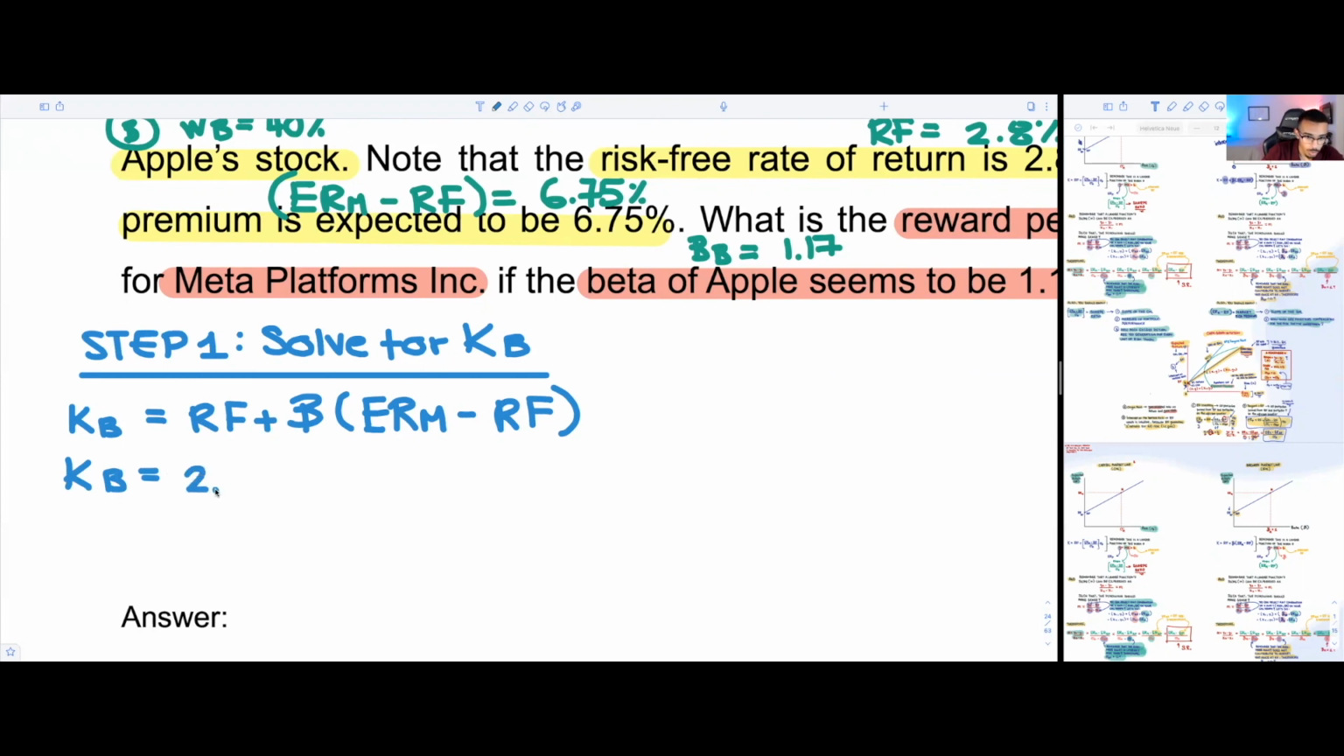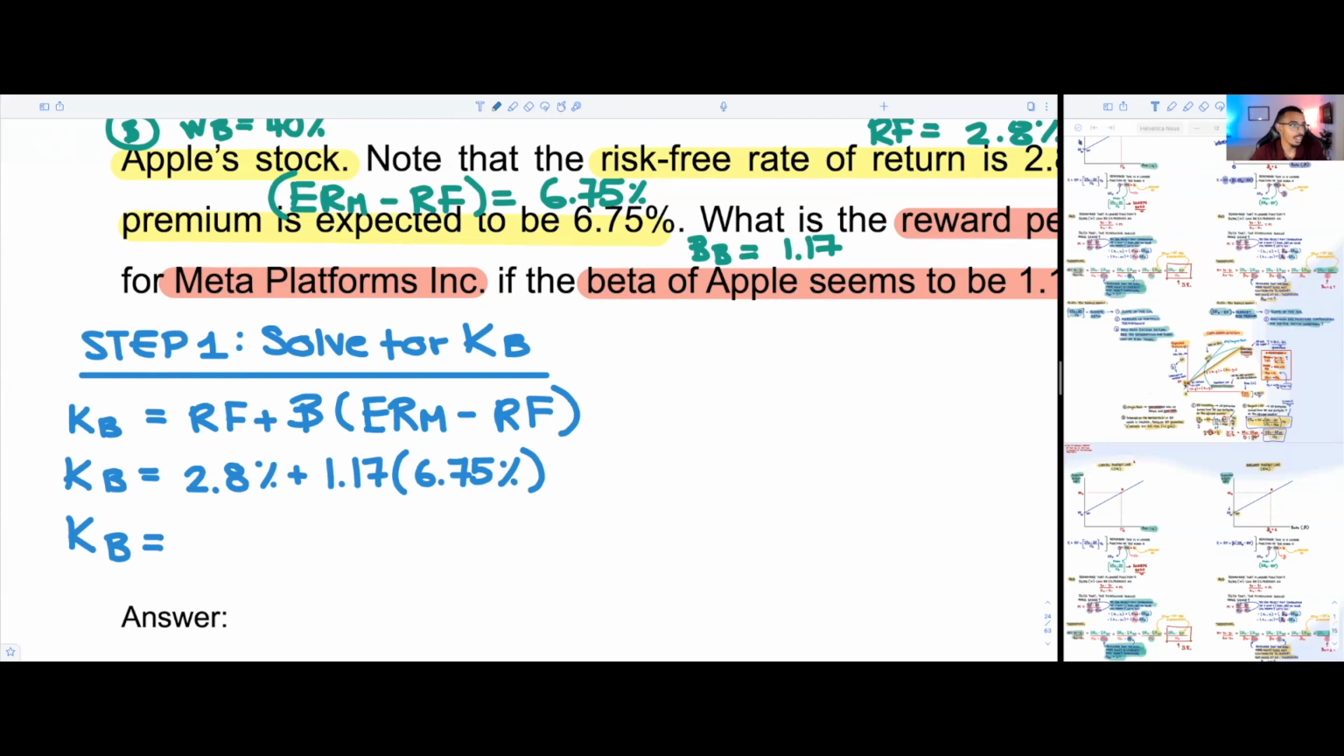We know that the risk-free rate is equal to 2.8%. We know that beta is equal to 1.17. We know that the market risk premium is equal to 6.75%. So that's awesome. Such that KB will be equal to the following. Now, this is the first time that I've done this question, so I'm going to have to just actually solve for it too. So we're going to have 2.8 plus 1.17 times